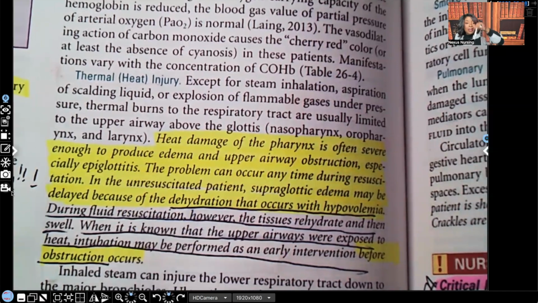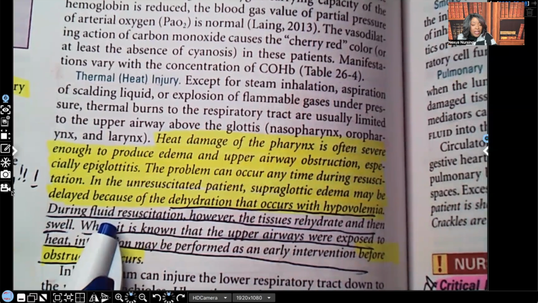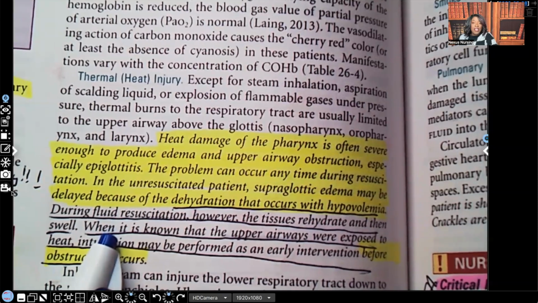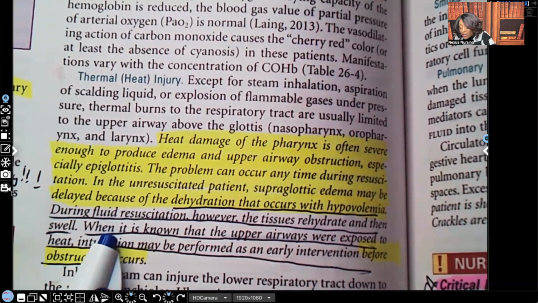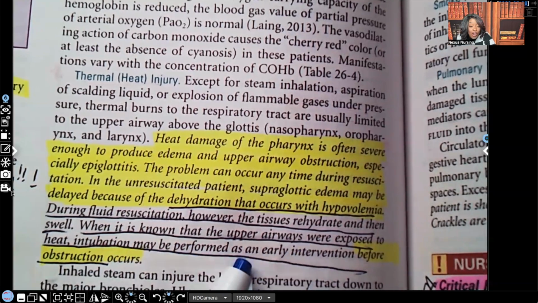But during that resuscitation phase, we better be very concerned with edema of the airway. During fluid resuscitation, however, the tissues rehydrate and they swell. Remember, guys, that patient that was going through excessive dehydration, we have to rehydrate them. We have to give them the fluids. What are we giving them? Lactated Ringer's. When it's known that the upper airways are exposed to heat, intubation may be performed as an early